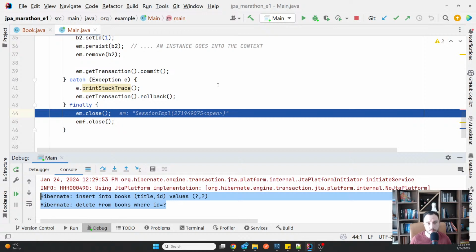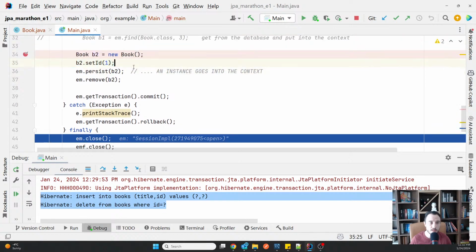But remember, you cannot know what Hibernate does behind the scenes. It can even depend on the version of Hibernate that something happens in one way or another. Like, for example, in this case, because I added and removed the instance with the same ID, for me it didn't make sense.